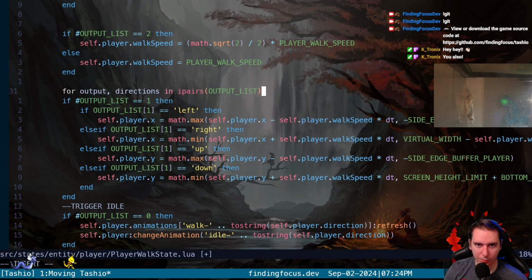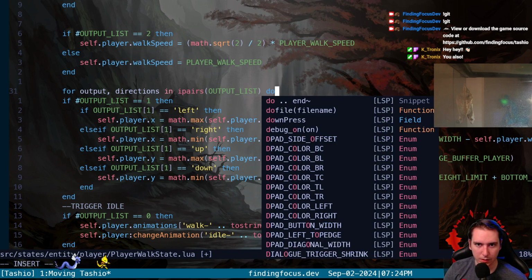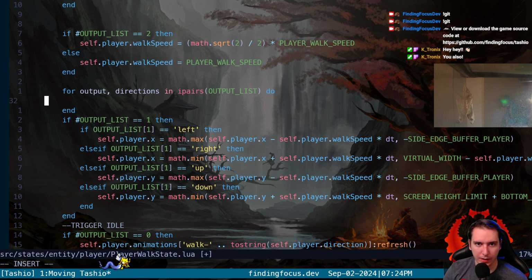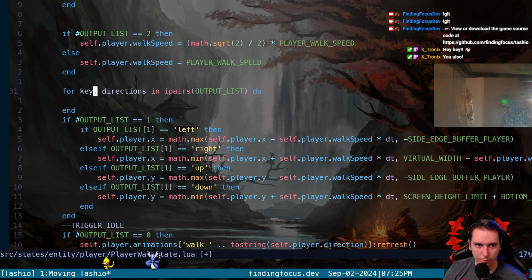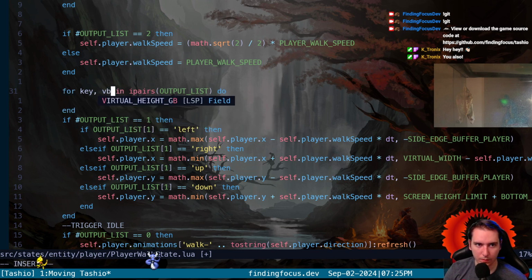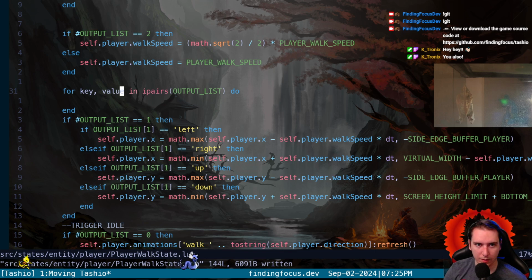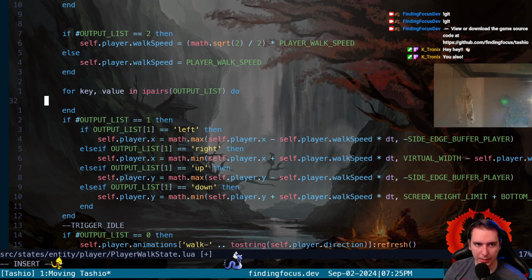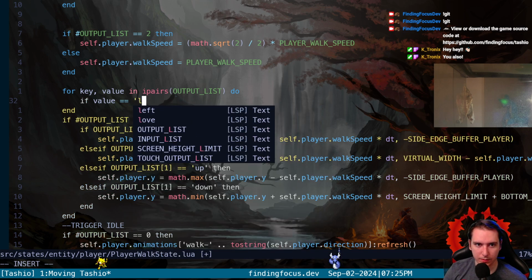So however many outputs are in our output list, we want to do something. Actually, this is weird. Let's just do key, value, keep it simple. Key, value in ipairs, we're going to say if the value is equal to left,